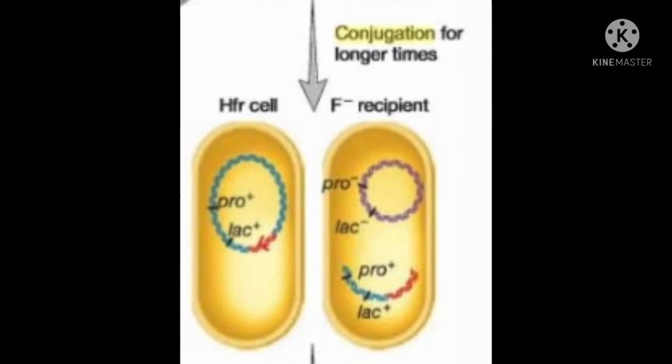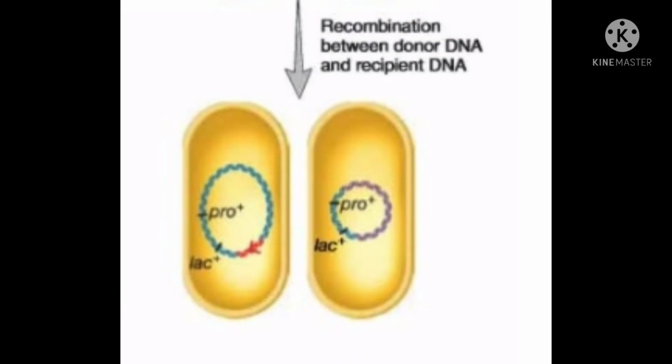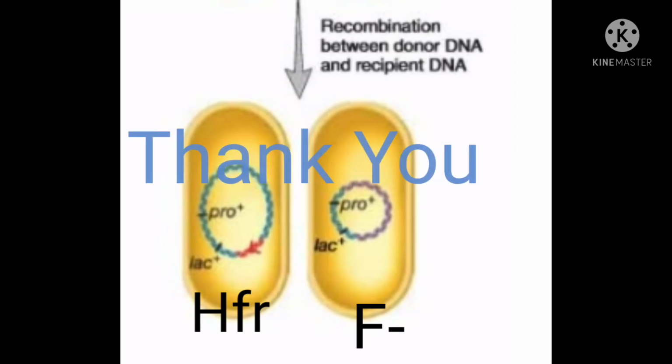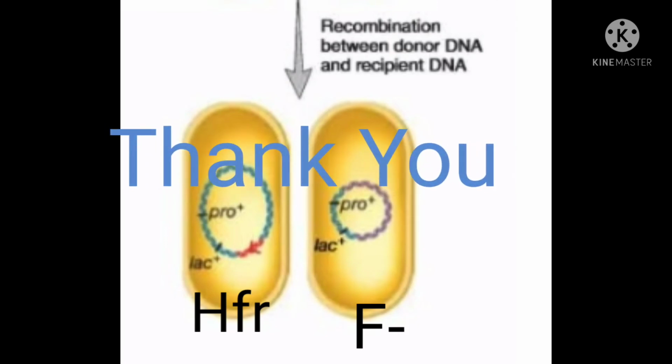And we know that in the F minus recipient cell, both lactose and proline genes were mutated. So by utilizing the received normal lac plus and proline plus genes, the F minus cell repairs its main chromosome, which contains mutated lac minus and proline minus genes. They are replaced with the lac plus and proline plus genes. Here also the bacteria get an advantage: because of this Hfr F minus conjugation, they now have the normal lac plus and proline plus genes.